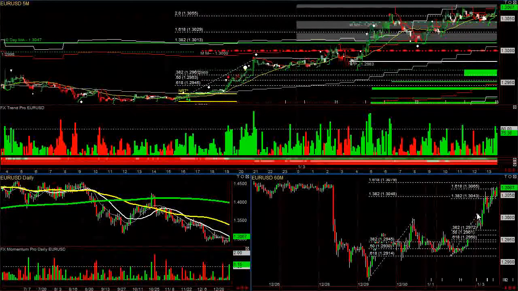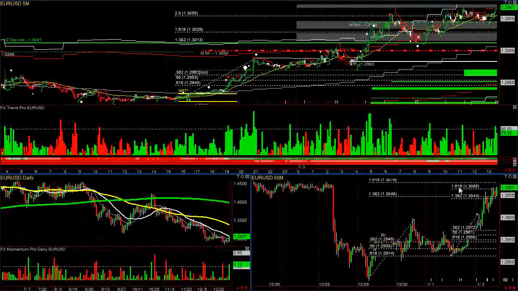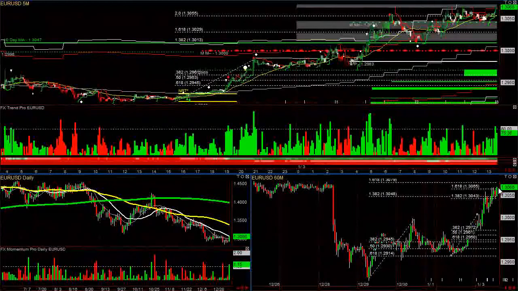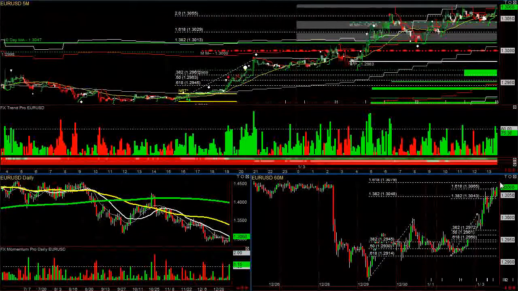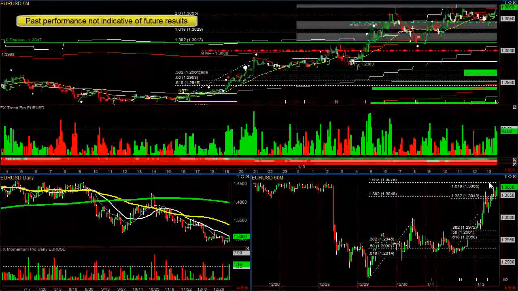The bigger the pip swing move, the more likely the 1.382 and especially the 1.618 is going to be some resistance. I wouldn't buy this right here because the next profit target's only a few pips up, about 10 or 14 pips. It's likely to run into some major resistance right here. So it doesn't make any sense to trade a currency where you're likely to only make 10 or 12 pips